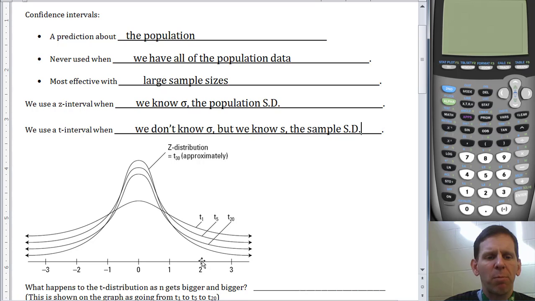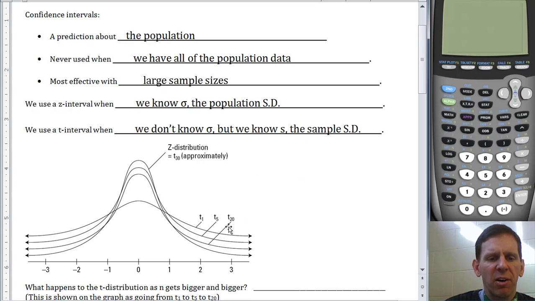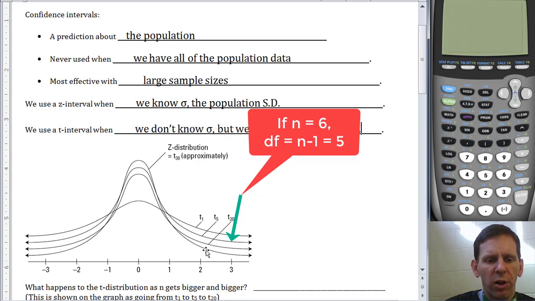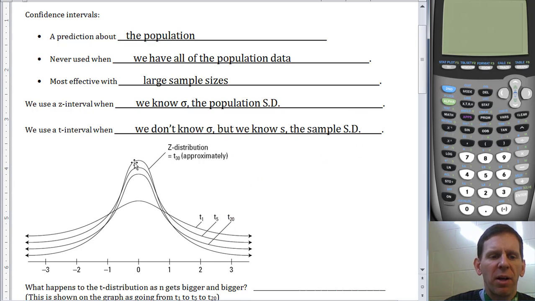So if you have a small sample size, let's say 2, the degrees of freedom would be 1, 2 minus 1 is 1, and you'd be talking about this very shallow looking graph right here. But as our sample size increases to 5 or 6 to 21 to 31 and our degrees of freedom bump all the way up to 30,